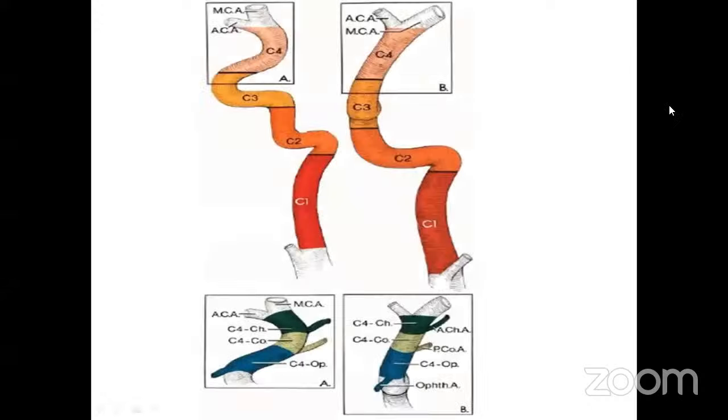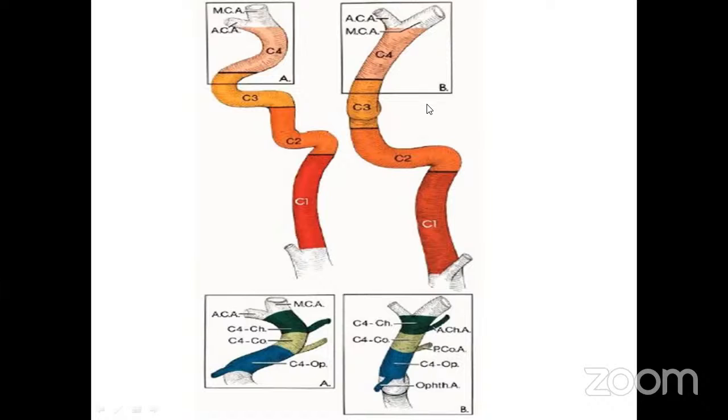So initially, in discussing the anatomy of the internal carotid artery, the segments of the internal carotid artery are the four segments. The red colored is the C1, the orange is the C2, the yellow colored is the C3 part, and the beige colored is the C4 part. This is the lateral view. A diagram is the lateral view of the internal carotid artery, and B diagram is the anterior view of the